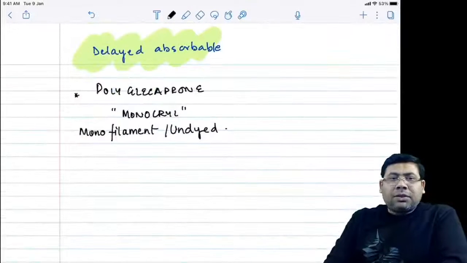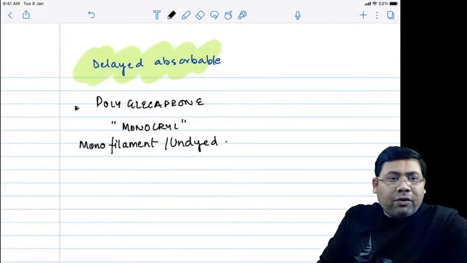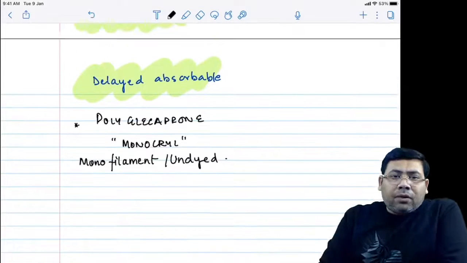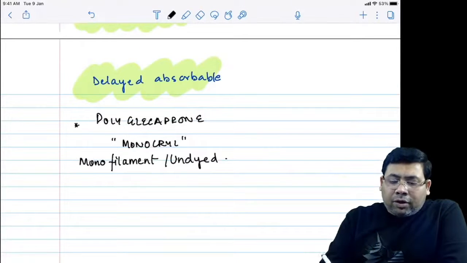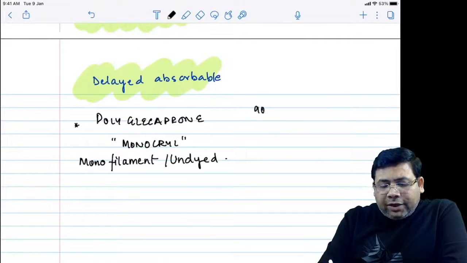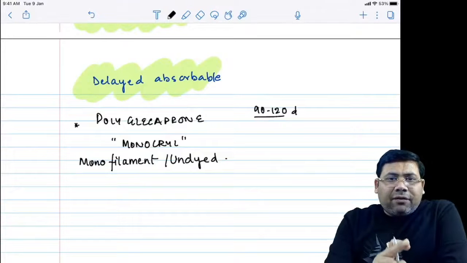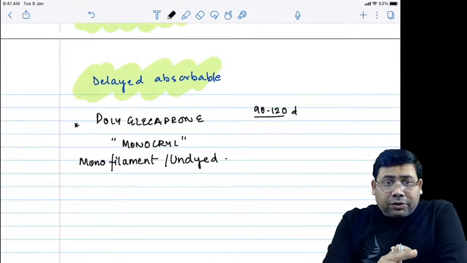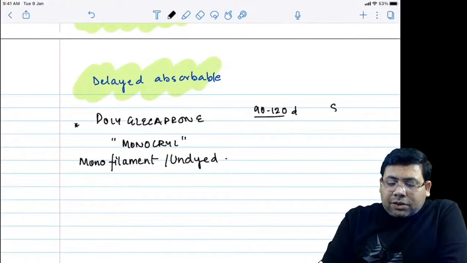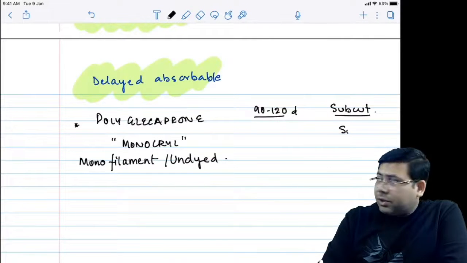Let us talk about polyglecaprone. When we are talking about polyglecaprone, this is known by the name of Monocryl. 90 to 120 days is the time for absorption. The second very important thing, where do we use it? Answer is for subcut suturing. So when we are to do a subcut suturing,